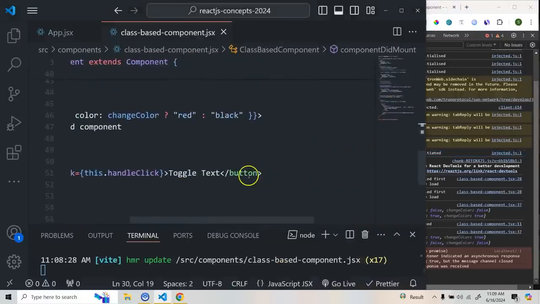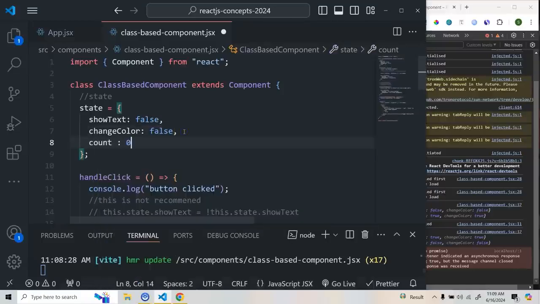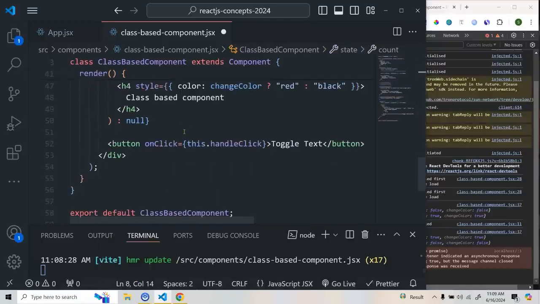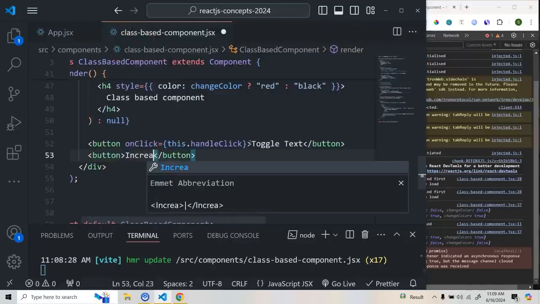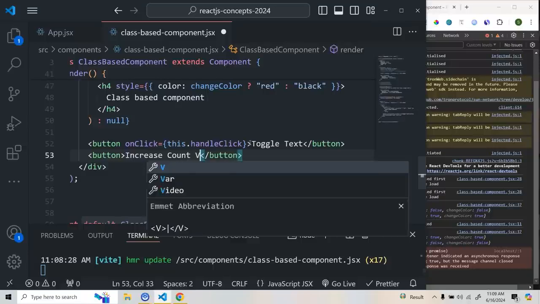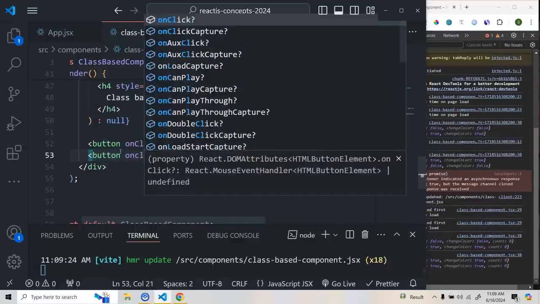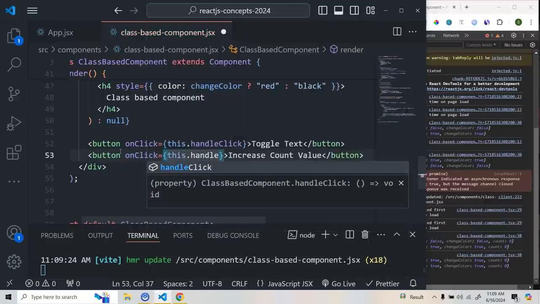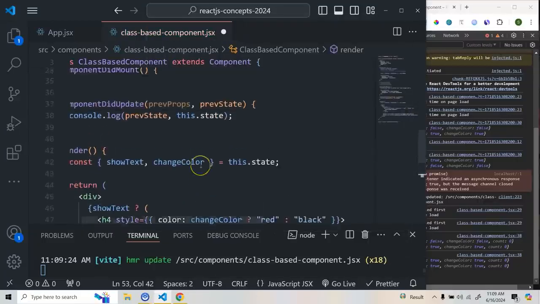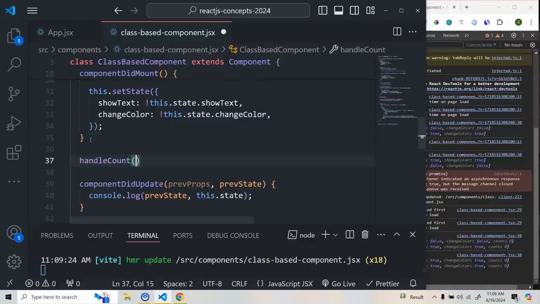So here what I'll do, I'll take another state, and this will be my count, and keep this as 0, and then here I will take another button, and I'll do increase count value. Okay, and then I'll do here on click, and I'll do this dot handle count. I'll create this method here. So I'll do handle count,